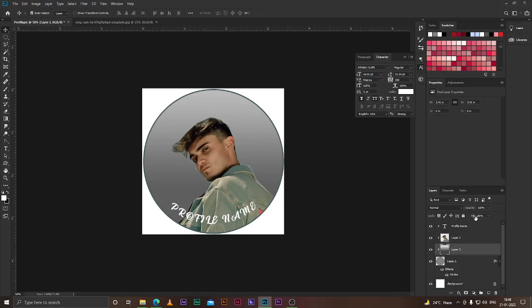I can reduce it to 50%. This way actually provides you a certain depth, that there is a certain light setup right at your background. Currently it is flat, so that is why there is no depth inside of it.